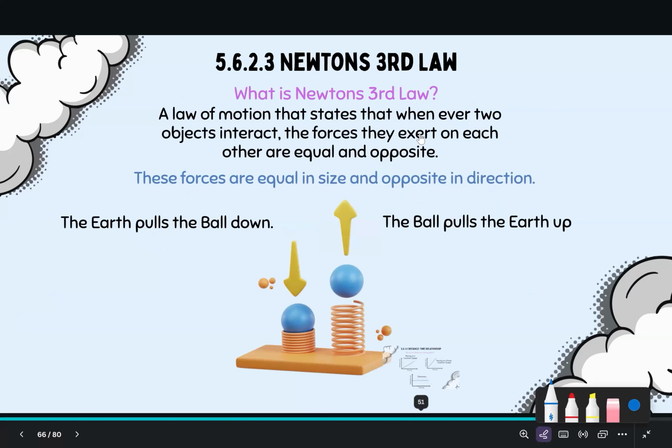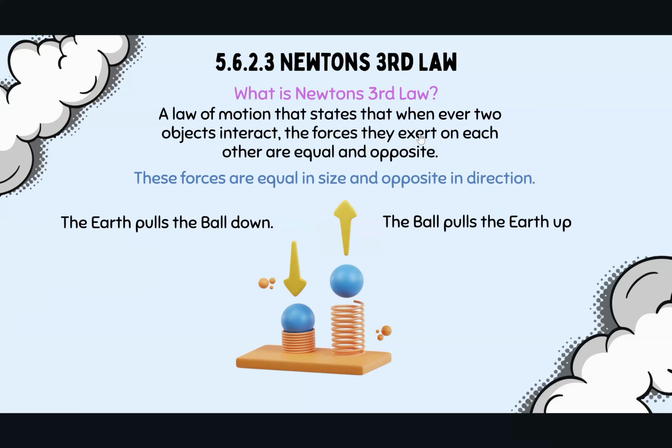5.6.2.3 Newton's third law. This is a law of motion that states that whenever two objects interact, the forces they exert on each other are equal in size but opposite in direction. So what that means is